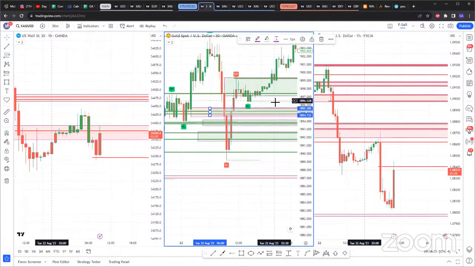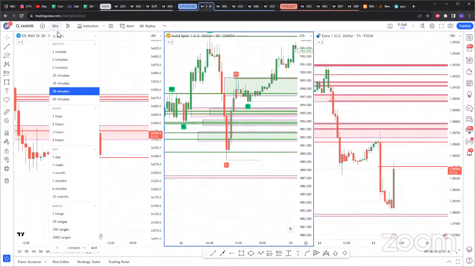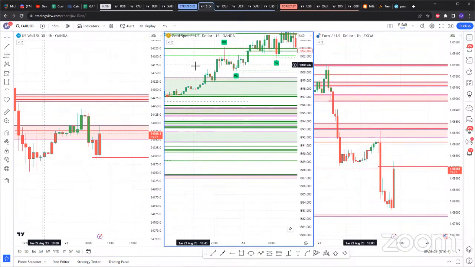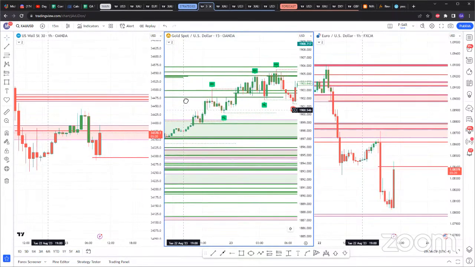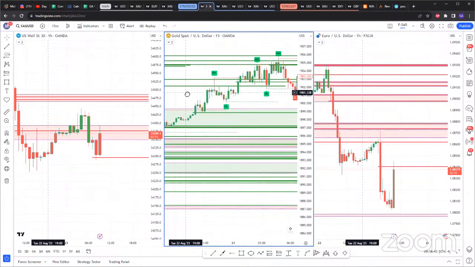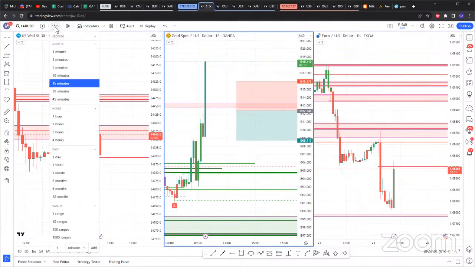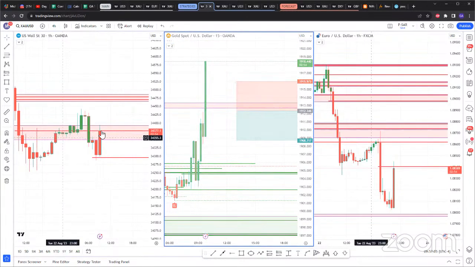So keep in mind, the lower the time frame you go, sure, the more entries you can get, but also the higher the probability of the strategy being disrespected. But if you've already identified your confluence on the daily, if you've identified your confluence on the 4-hour, then sure, you can go to lower timeframes and look for entries there. But if you're strictly looking for entries on the 4-hour and 1-hour, like I do, of course, you might not get entries for days and days to come. So, it's that balance.